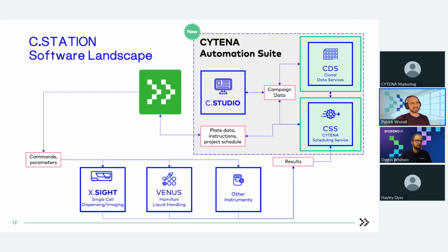Makes it a little bit easier to understand. At the core, you can see the two pieces a user interacts with, which is Green Button Go and then C Studio. And here you can see how they are always interconnected. So in our automation suite,